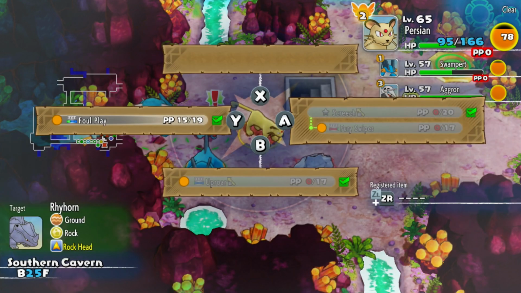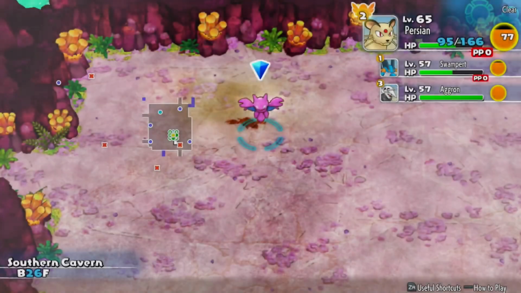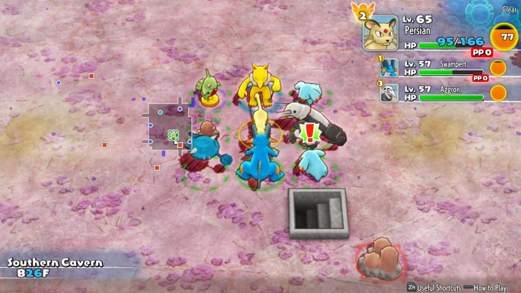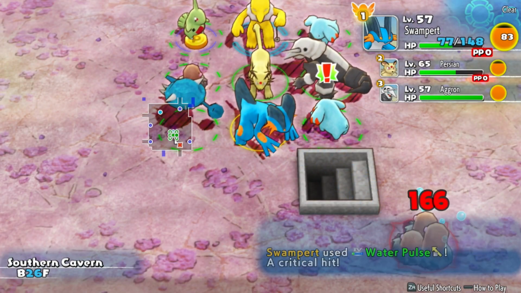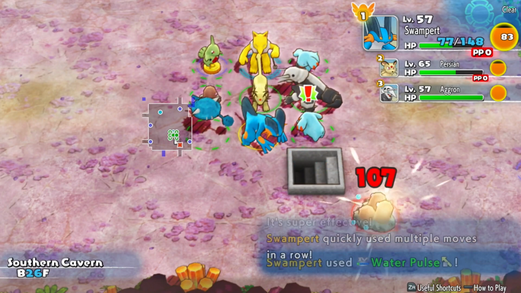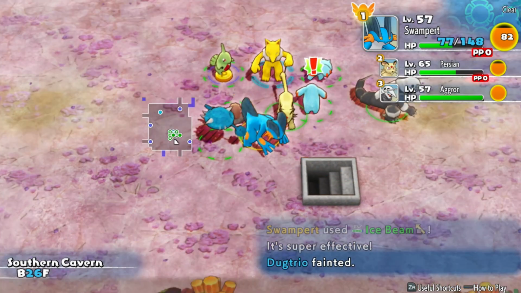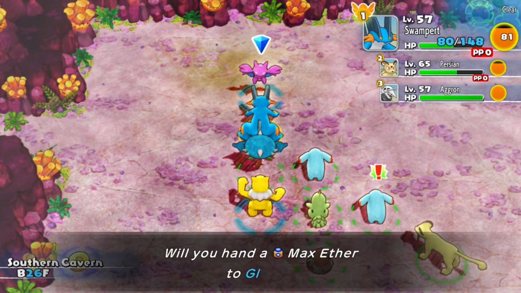And in this game, it's even more powerful because the move Aurora Veil is in the game. Gligar wants a max ether. All right, good for him. I just wanted to make sure I get this knocked out. Yeah, I used Hail in that game because it has 100% accuracy for Blizzard, and it activates Glaceon's Snowcloak,